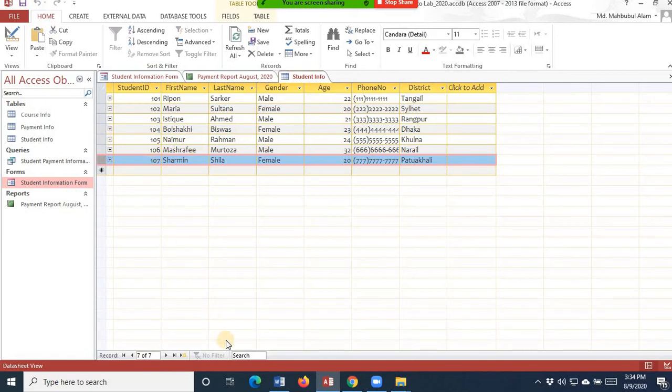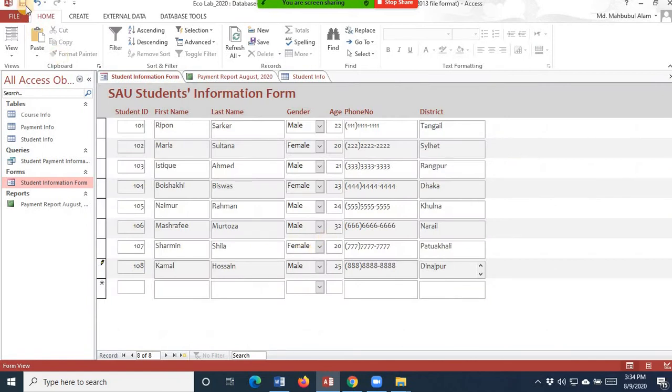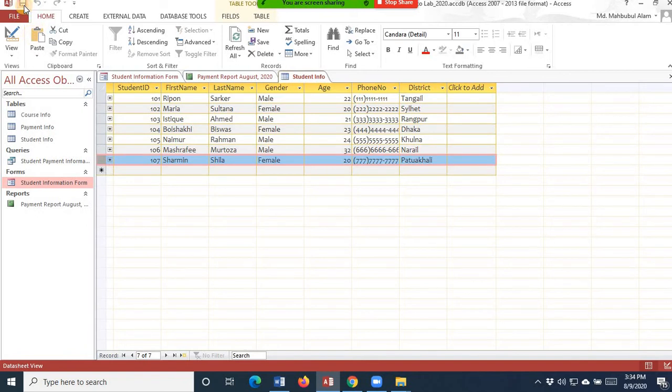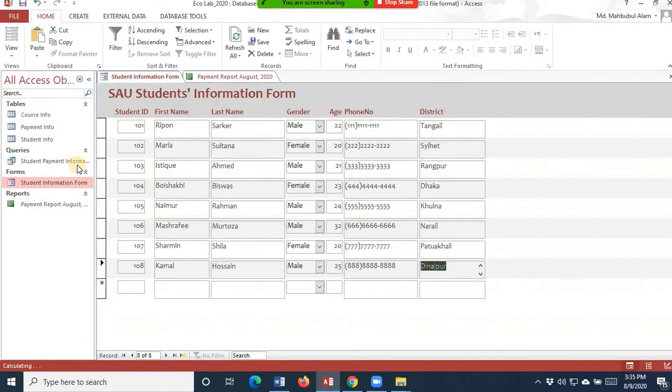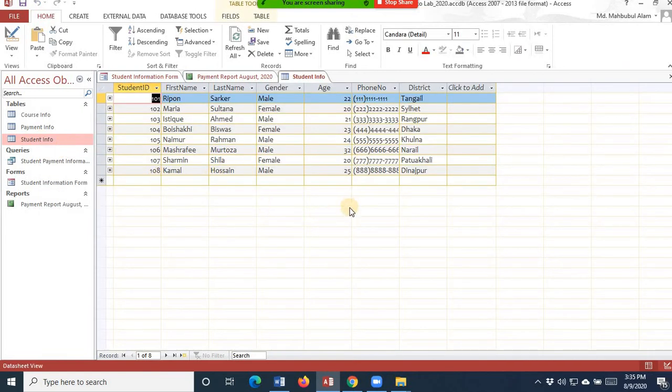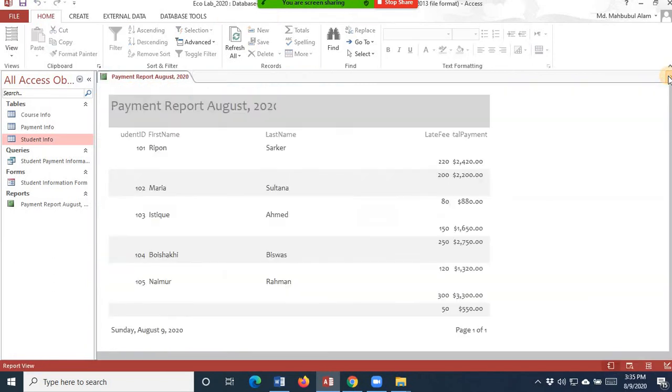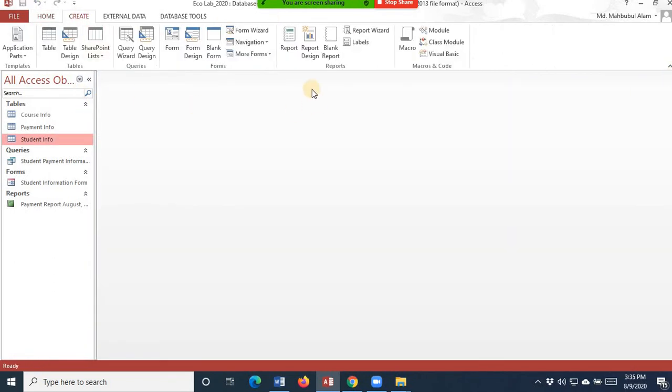What you do is, you go to the form, save it, and then you refresh it or close this form and then open the table once again. Here is the Kamal Hussein information. So this is how we put the information, and a similar case will happen if you create a student course information form. If you want to create the course information form, just close it, all close, then create form